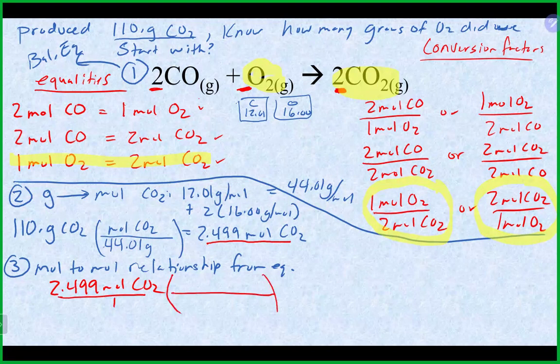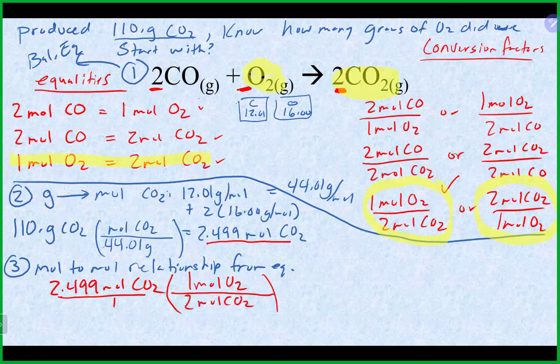So which conversion factor do I need to use? The one on the left or the one on the right, in this case, to cancel out the CO2? Yeah, I do need to use the one on the left. It has the CO2 in the correct location. Also, you could see I did not use any of the other 5, right? So I just used the one that I needed, and I'm going to do 1 mole of O2 and 2